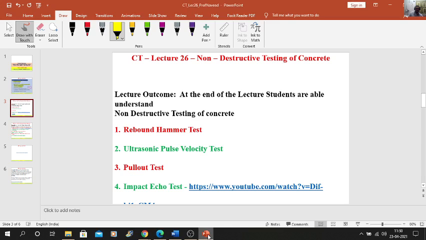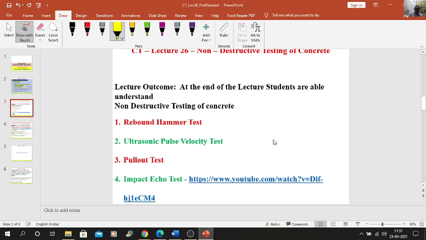Okay. Now the second method is the ultrasonic pulse velocity test method. It is mainly to measure the travel time of ultrasonic pulses passing through the concrete and thereby the concrete quality.